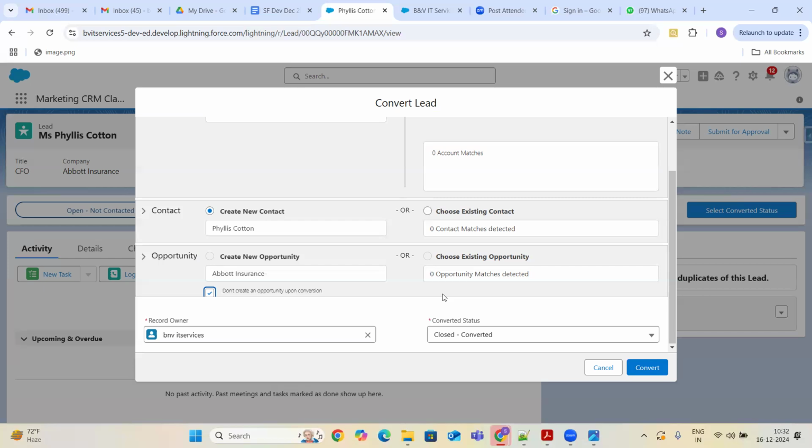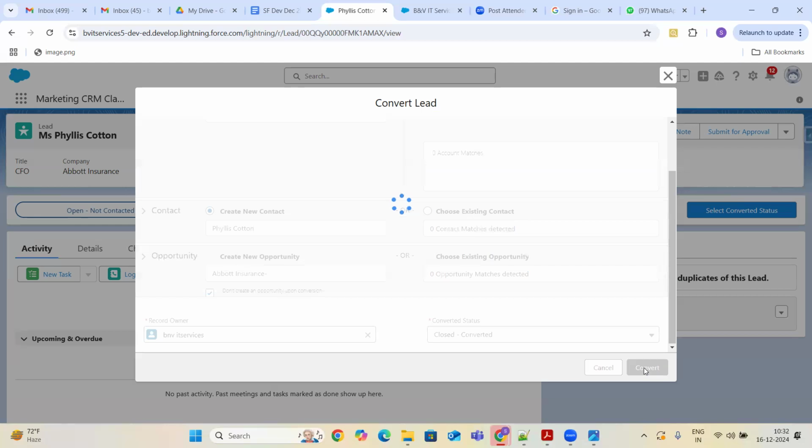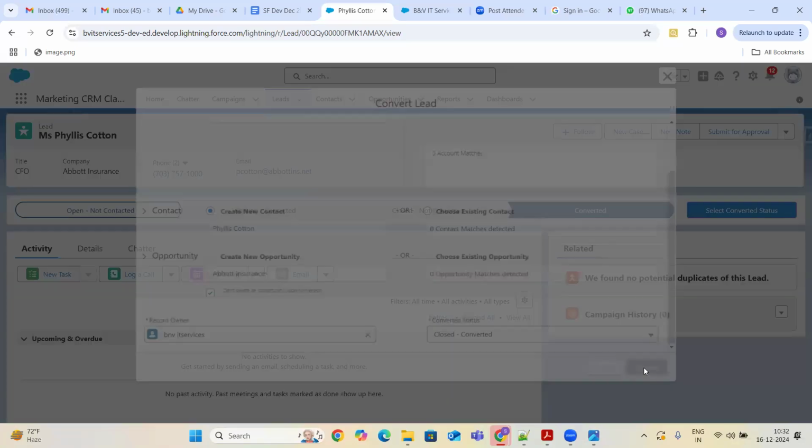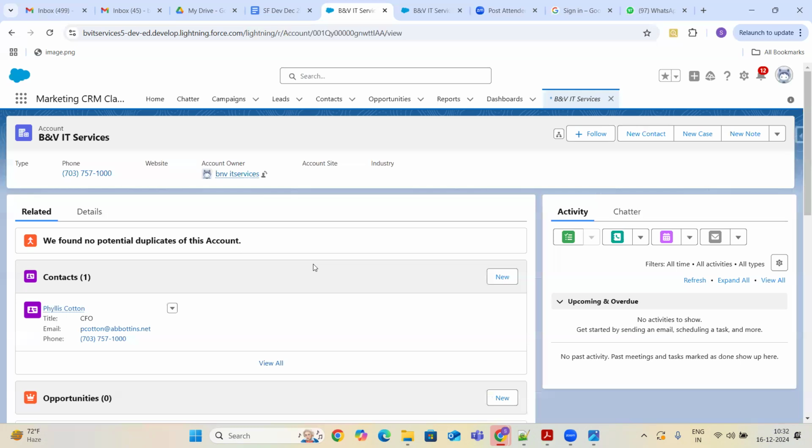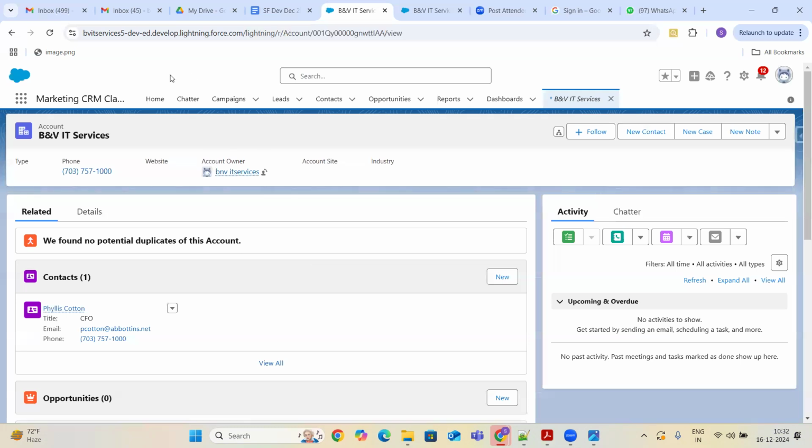In that case, they'll create the opportunity. So right now I am not creating the opportunity, guys. Clicking on convert. Okay, it has created the account and contact. So under this BNB IT services, this is the contact which is created, and till now it doesn't have any opportunity.